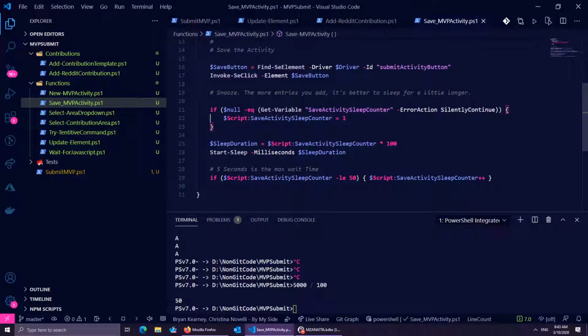So equal to 1, activity counter, millisecond sleep duration, 5 seconds. So essentially what this will do,